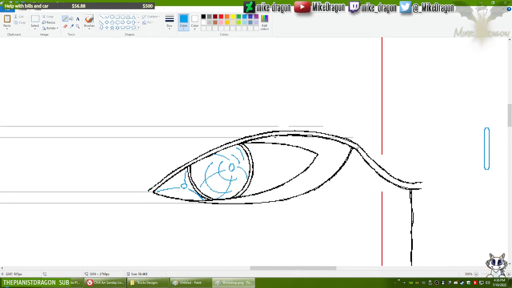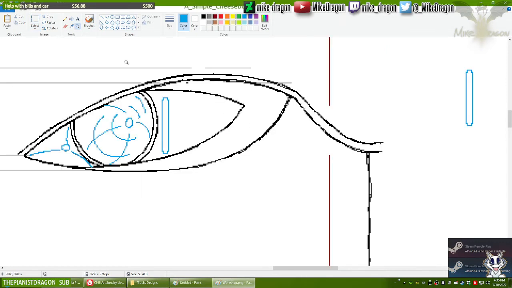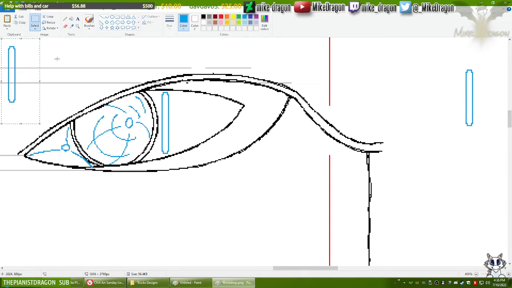Actually, no. Remove that. Put that there. Let's make this a little longer, so it goes to the top. Now let's paste this one here.